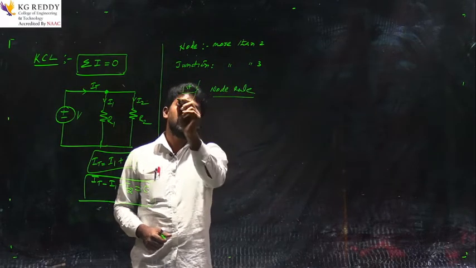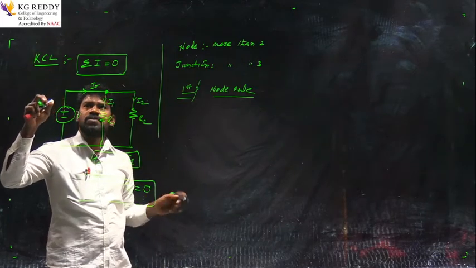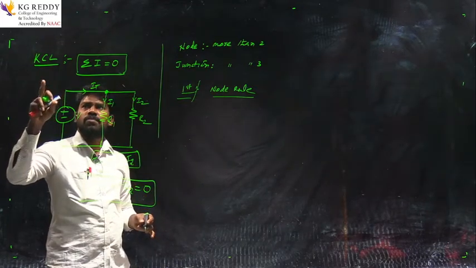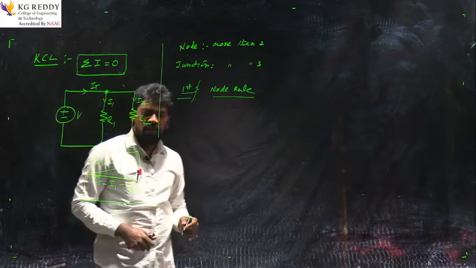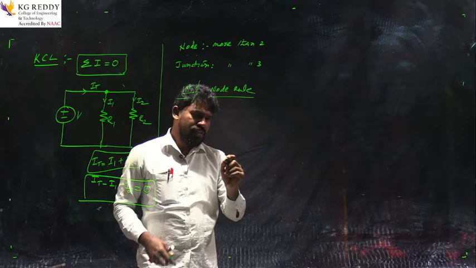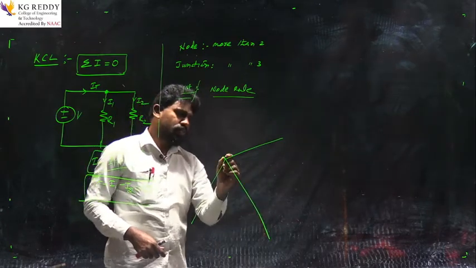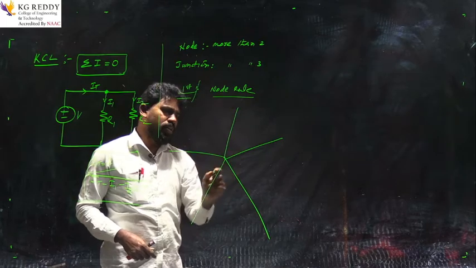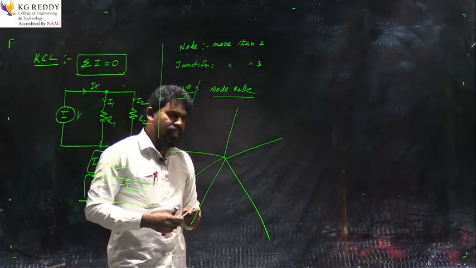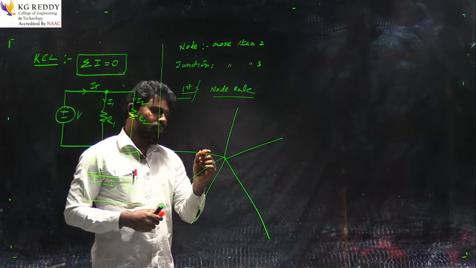Okay, node rule or first law, or we can say Kirchhoff current law. We can call it in multiple ways to define the Kirchhoff current law. By taking one example, you can see here, I am taking one example. From this figure you can observe, I can analyze what currents are entering, what currents are leaving, and how we are going to apply Kirchhoff current law.